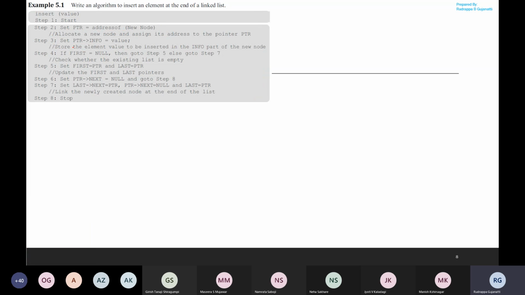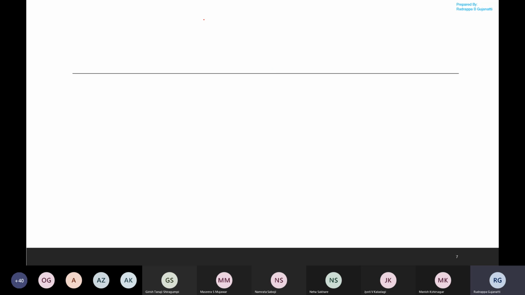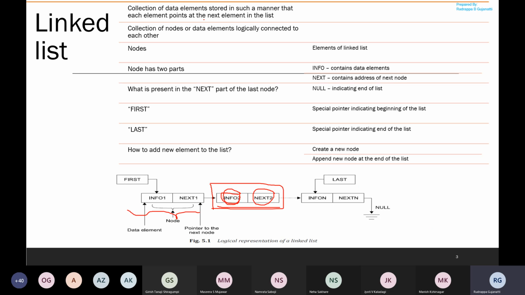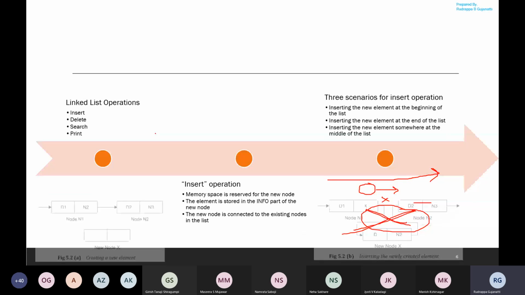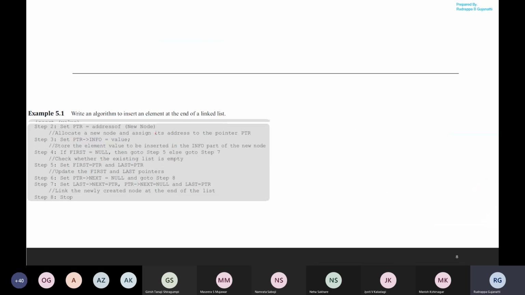Since you have to update the pointer information, you have to update the first pointer, the last pointer. So that is all the parameters we had discussed over here. Info is updated. We have to update next. We have to update first. We have to update the last parameter. So we have to check for all these conditions over here.